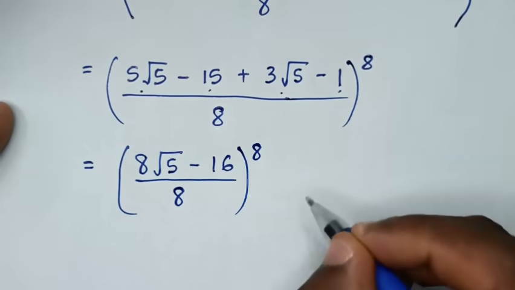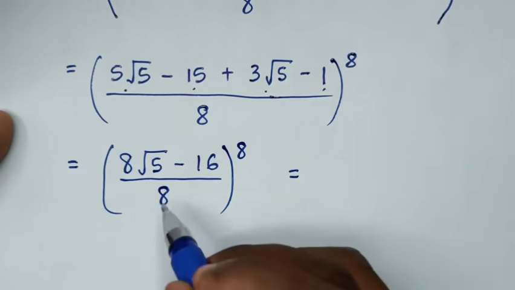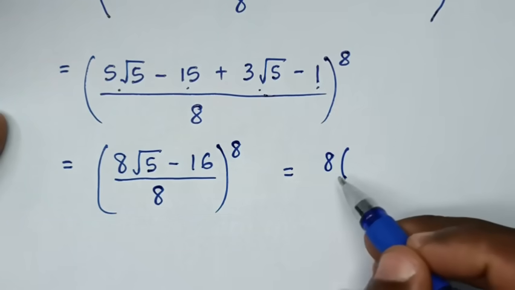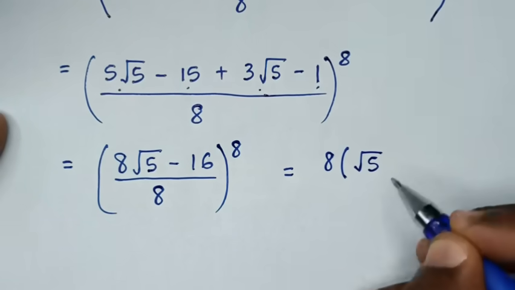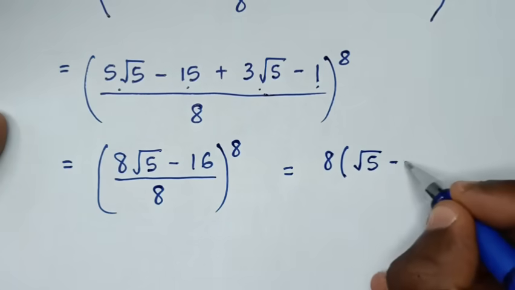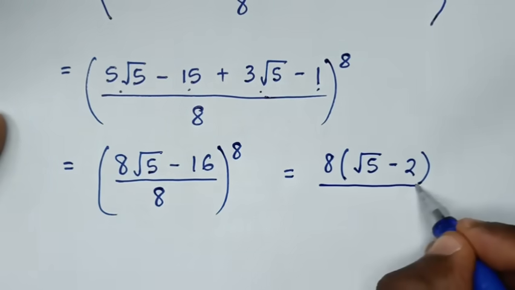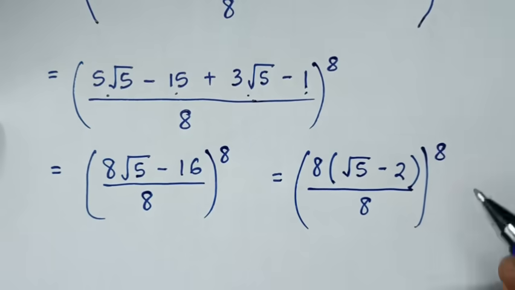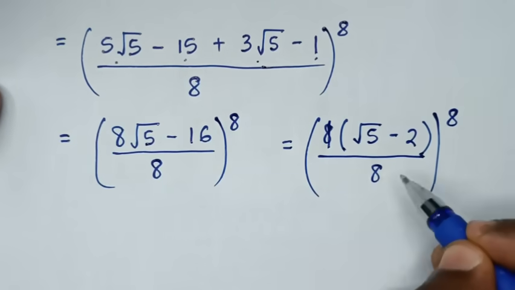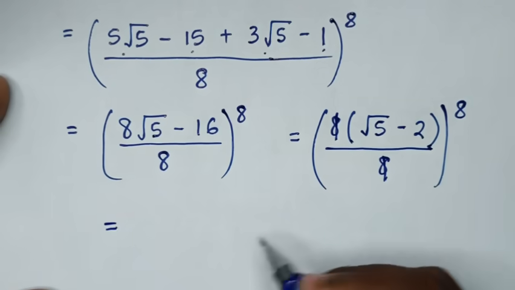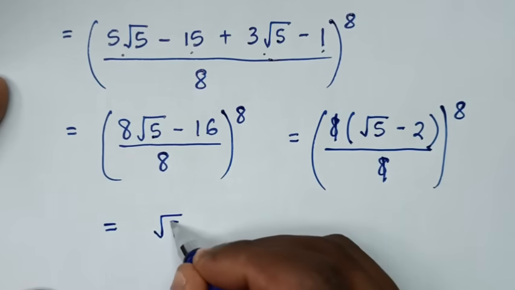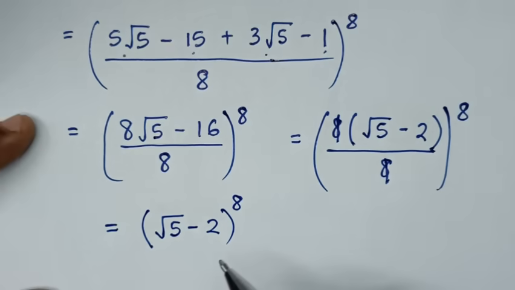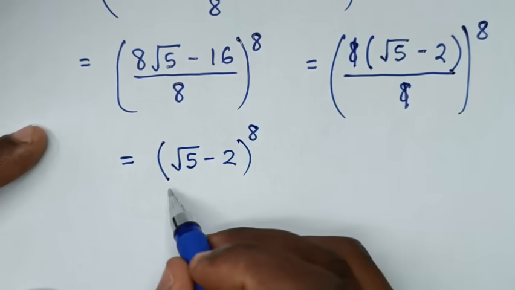Then in the next step here it will be equal to, from here 8 is common, so we'll take 8 out of the bracket, 8 square root of 5 divided by 8 is square root of 5, minus 16 divided by 8 is minus 2, bracket, then over this 8, bracket power of 8. Then to simplify, this and this will cancel, so it will be equal to this here, which is square root of 5 minus 2, bracket power of 8. Then in the next step, note this step here,